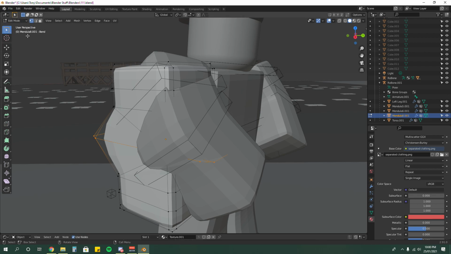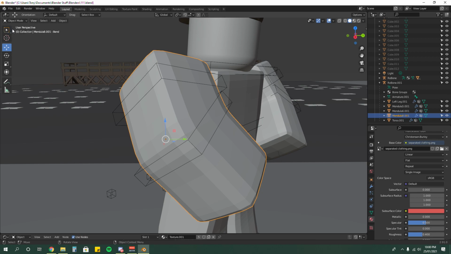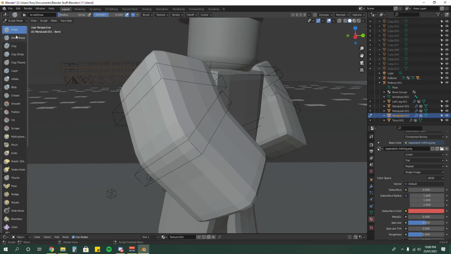Well, if we see this edit mode and we go into sculpt mode, okay, you want to scroll down, you want to get cloth, but if you don't know what everything means, just over here you see this little extension, you can just extend it and now you can see the words. And we're going to sculpt, you can see every single word without having to hover over the object.